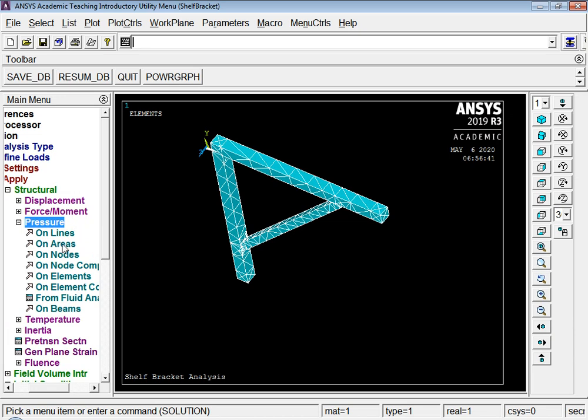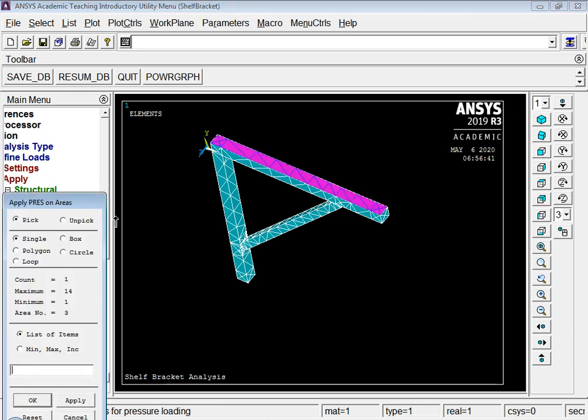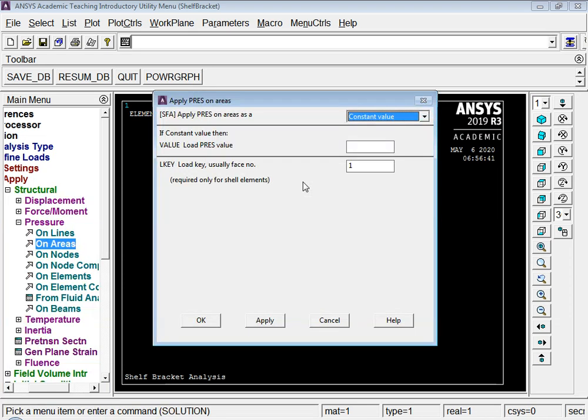I select this top area, and the pressure value I will give. Now remember, this unit is going to be Newton per millimeter square. So when I say 5 or 10, it actually means 5 Newton per millimeter square.